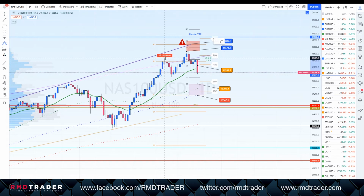If we look at it, there's your left shoulder, your head. This could be the bottom neckline with a new right shoulder forming somewhere in the area there. So one of two things will probably happen this week. We'll either see continuation of this sell-off into this area of support between 15,300 and 15,700, where we have our daily 100 and our daily 50 SMAs,